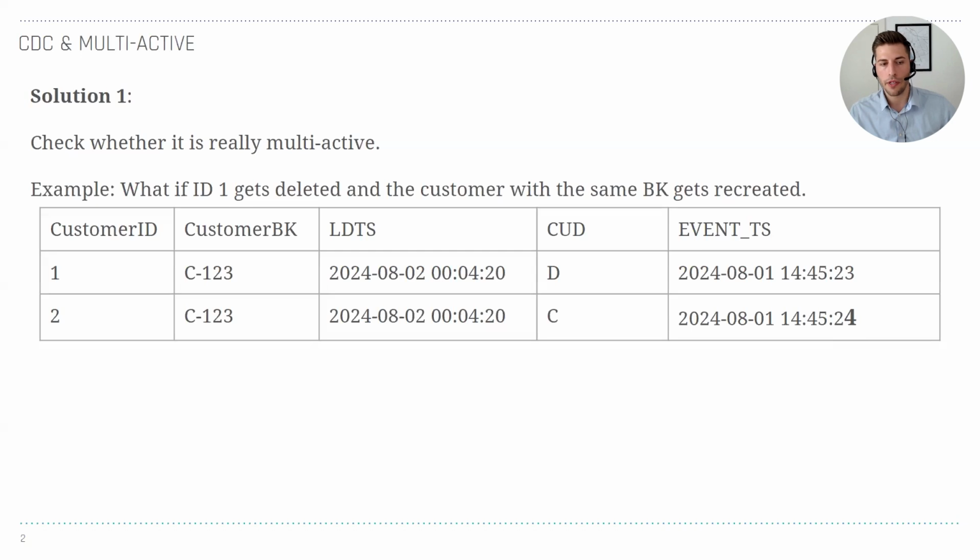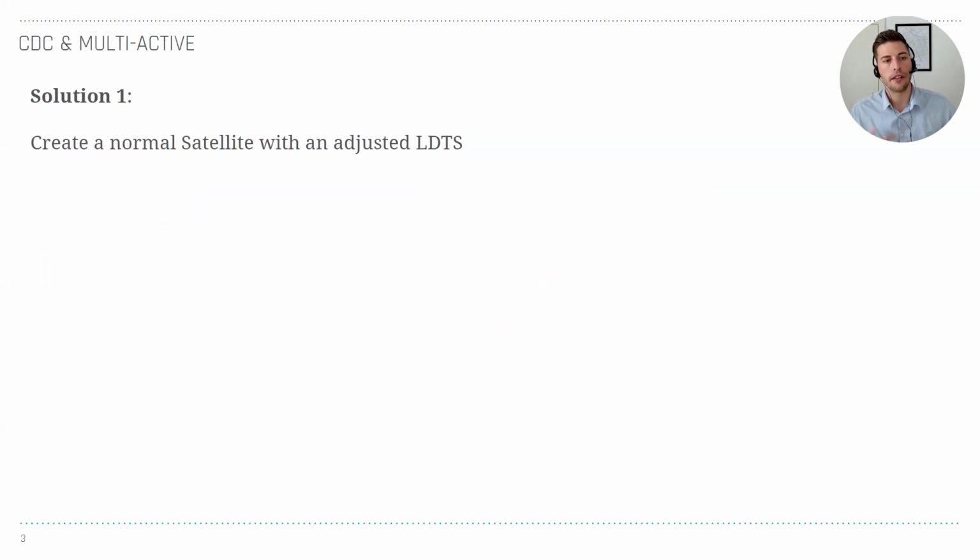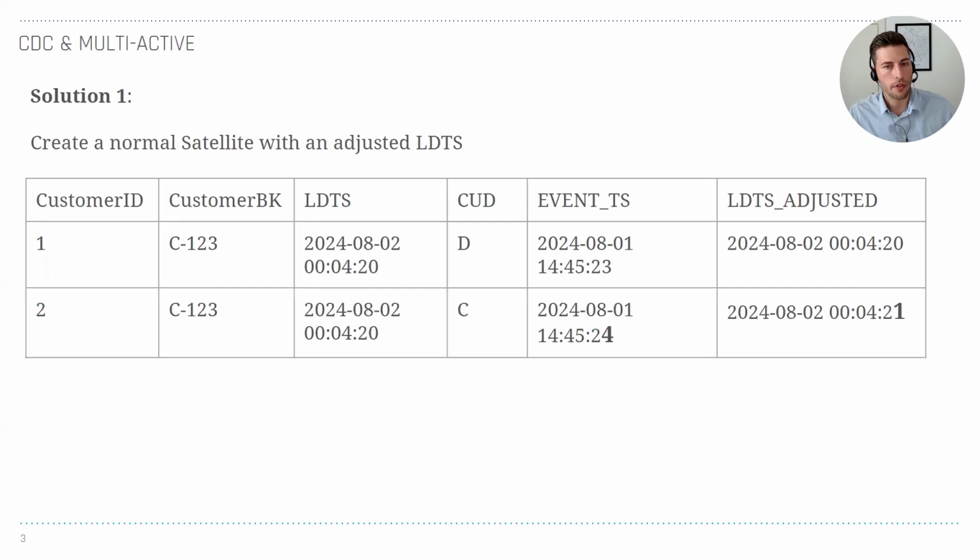So basically what I want to say here is this is then not multi-active in this case. So what I would do here is to create a normal satellite with an adjusted load date timestamp. What we do in such cases is to either have a subsequence number or any kind of